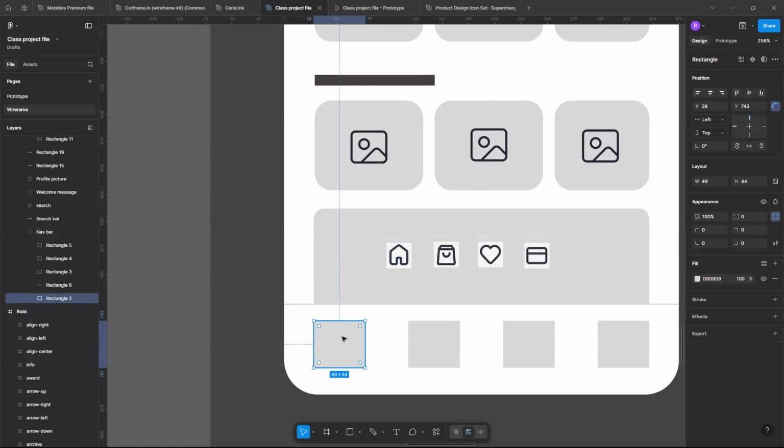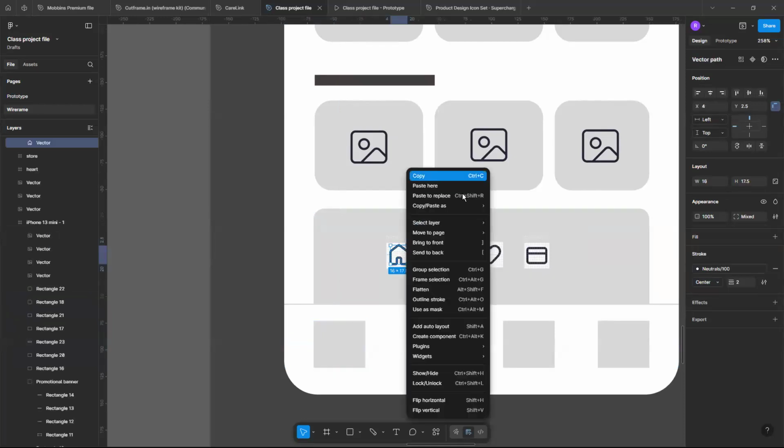So there's a way you can, instead of me deleting this and dragging this home icon down to this place, I can simply replace this box with the icon automatically. So there's a keyboard shortcut for it. So now I've clicked on, you can just right click, okay,